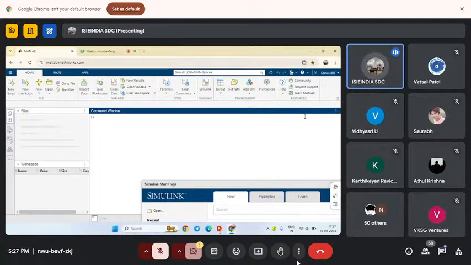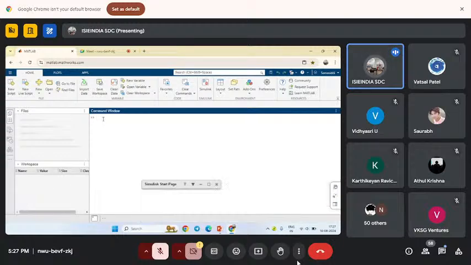You can see this is the command window, these are the files which were done before, and this is the workspace. If you write lines of code here, they will be executed and saved here. If I enter a equals some value, it will be executed and stored in the variable. If I enter it in matrix format,